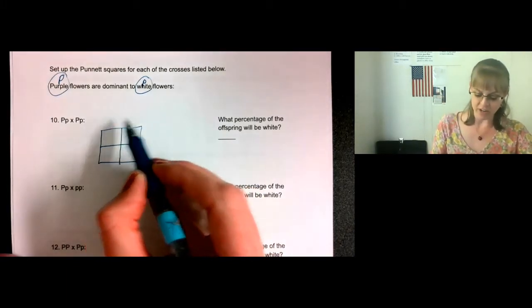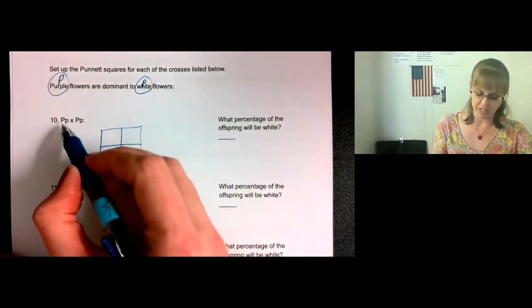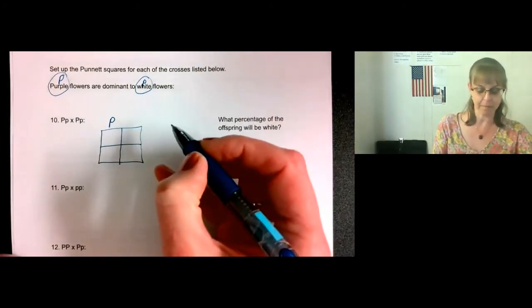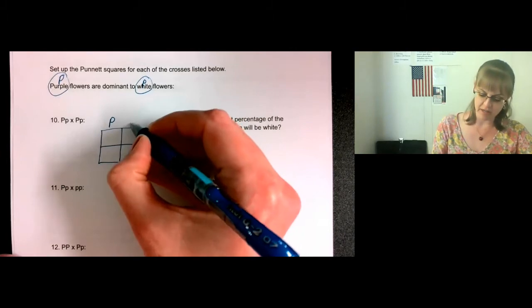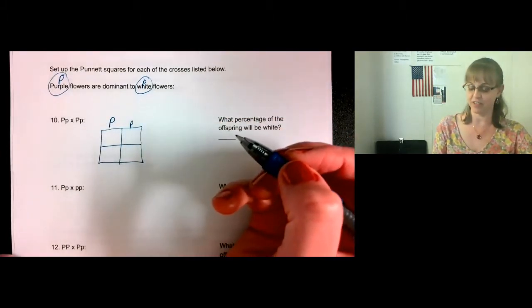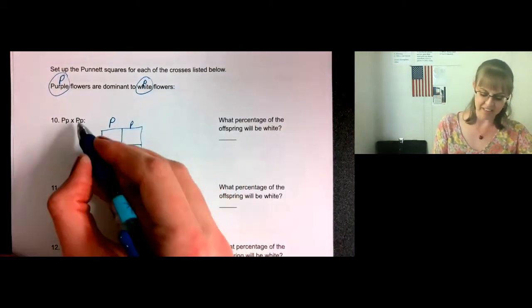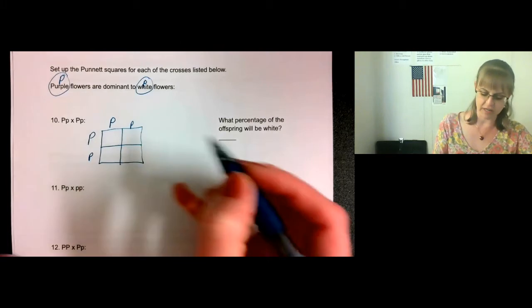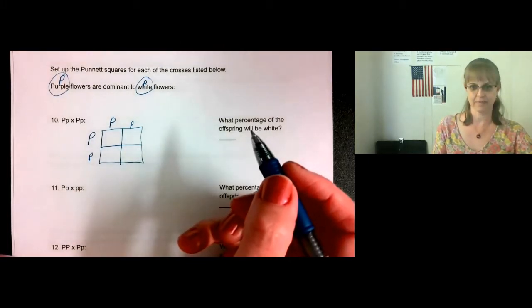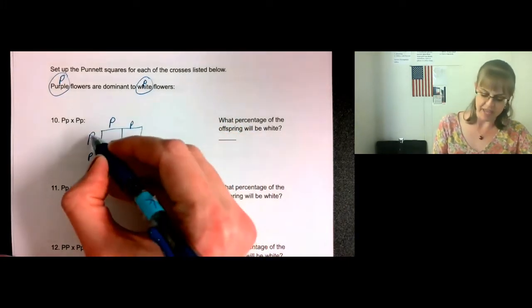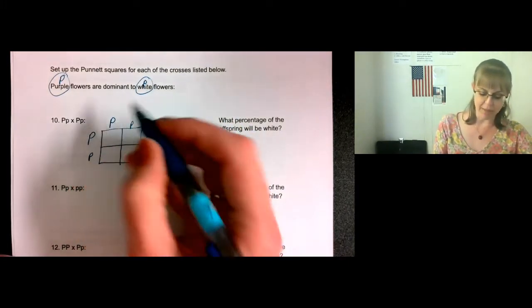So put one letter over each column. So we have a capital and a lower. It could either pass on a capital or it could pass on a lowercase. Remember to exaggerate the size of those letter P's. Then this one could either pass on a capital or pass on a lowercase. All right, now we fill in the chart. If we pass on two capital letters,